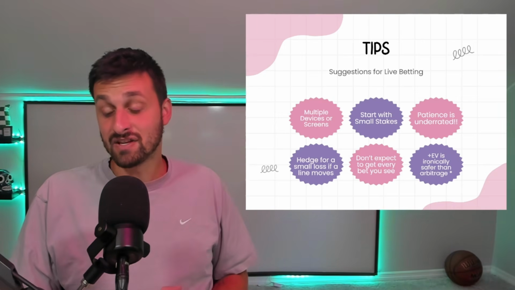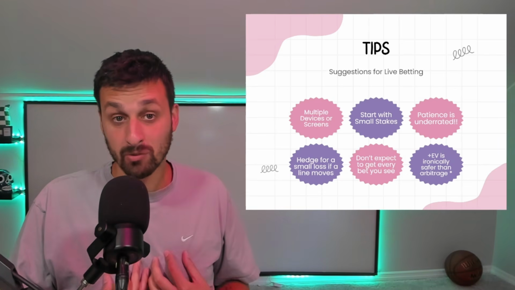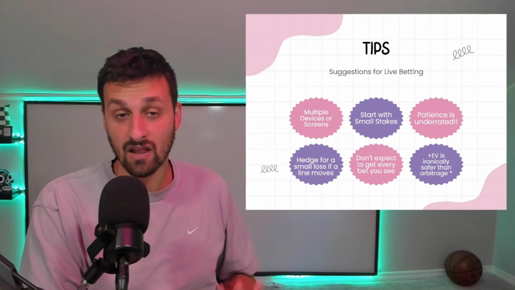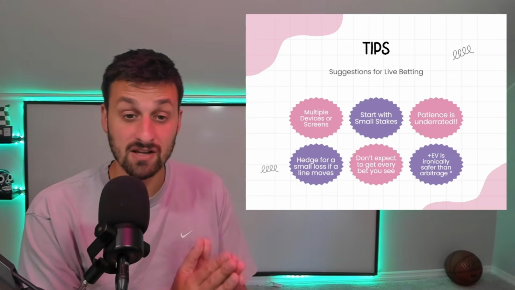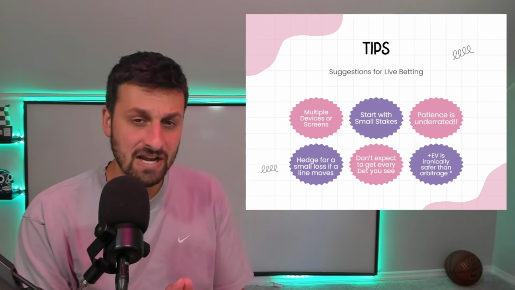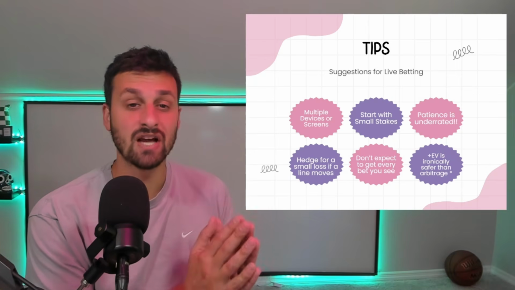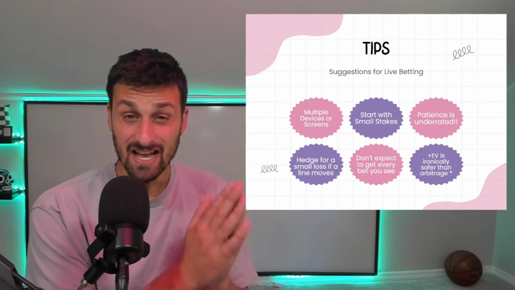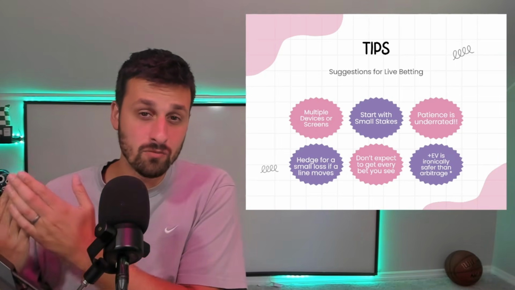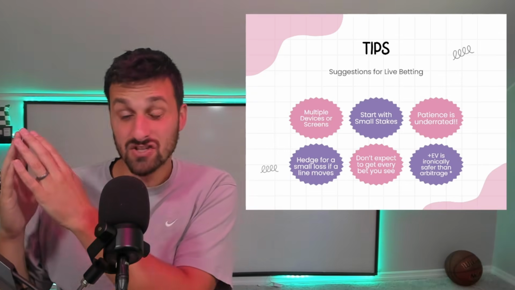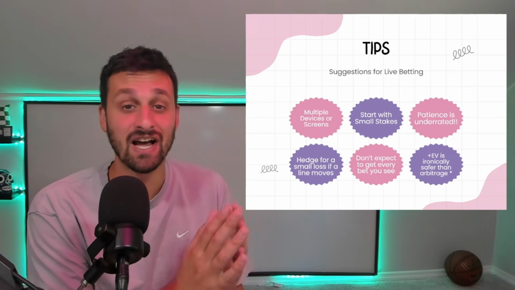And the last tip I have is that plus EV betting is ironically a little bit safer in my experience than arbitrage. I tend to get frustrated at live arbitrage betting unless it's on football, where the game moves a little bit slower. And that's because lines do change. Books move a little bit faster than they used to. And so the frustration that I have trying to lock in two sides when those are constantly updating is sometimes not worth it. I would rather know I'm placing a high volume of high quality plus EV bets and just deal with the variance than try to lock in a guaranteed profit but keep having the line shift.